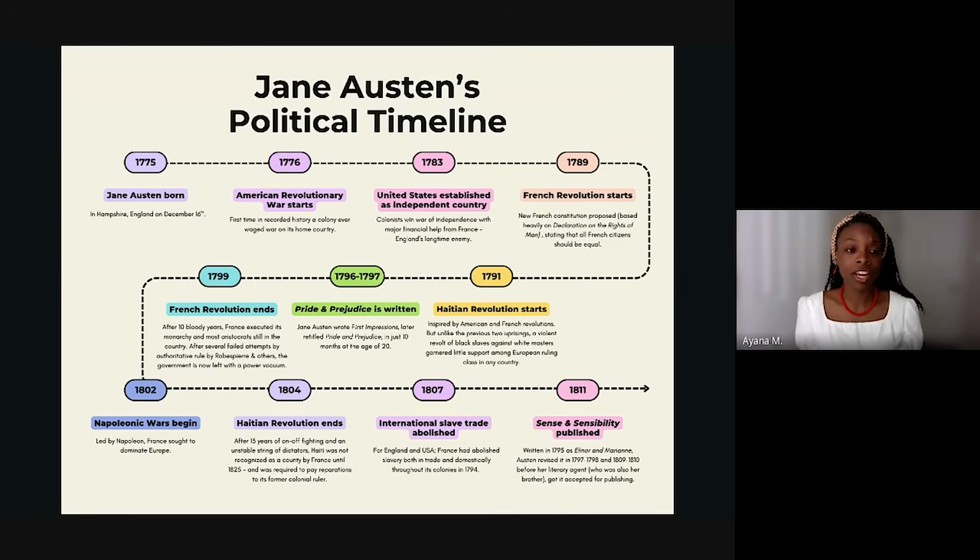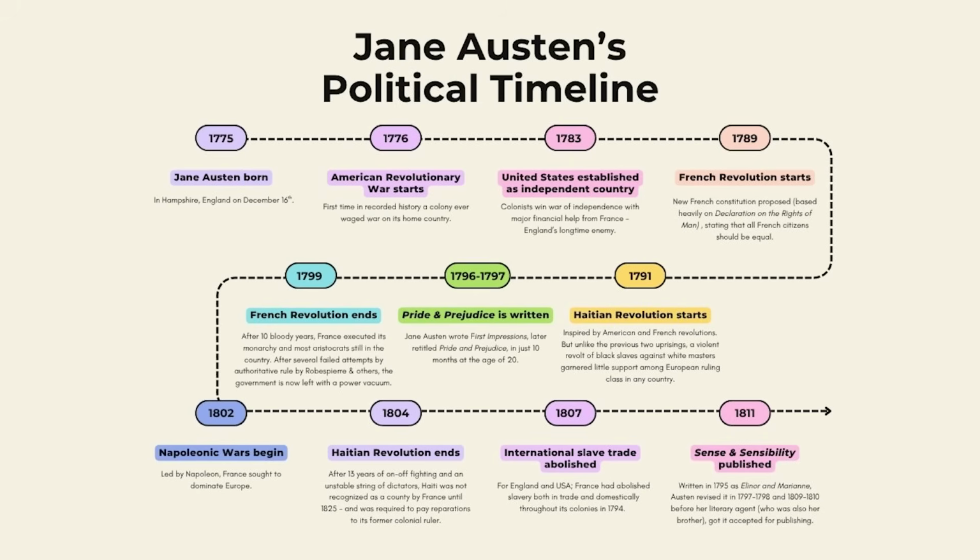And especially Jane Austen, she would have been about 14 or so at the time. So right when you're sort of coming into your own, if we imagine 13, 14-year-olds now, you're sort of just beginning to understand the world and what these bigger movements mean for you and your life. The French Revolution starts. So we had one revolution where she was just a baby, and then another one when she's 13, 14.